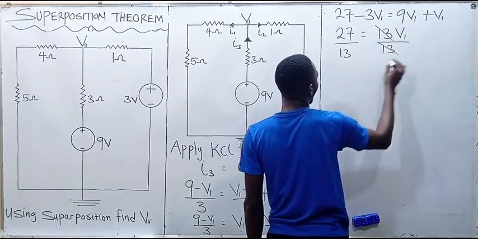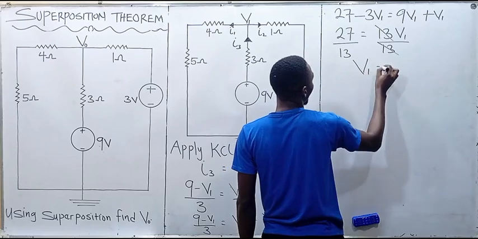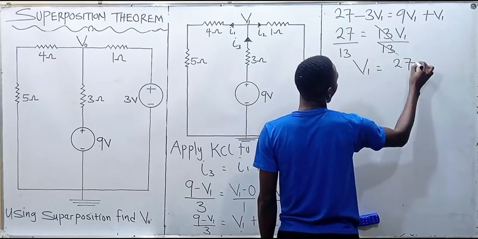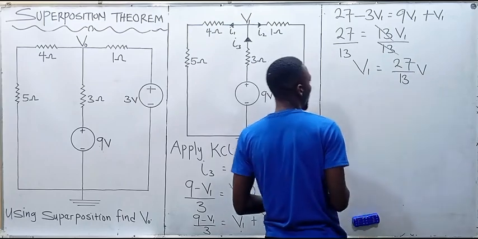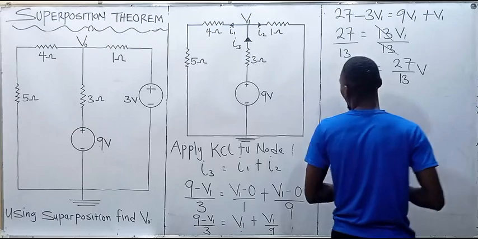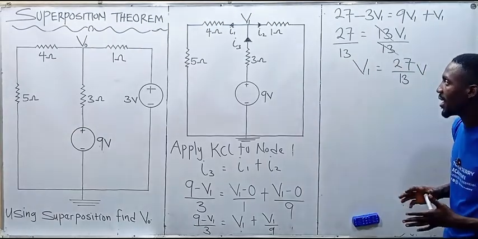So this will go with this. Then V1 will be equal to 27 over 13 volts. So that is what we are going to have for V1. So we are going to consider